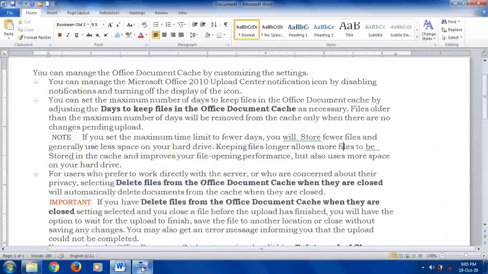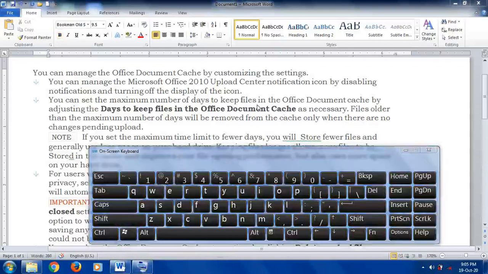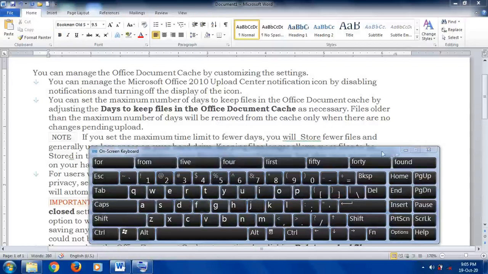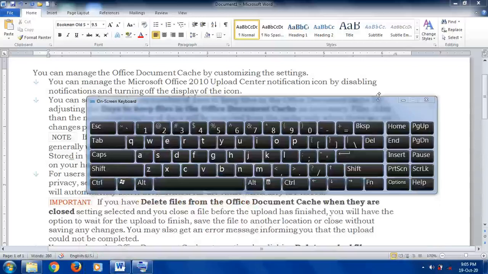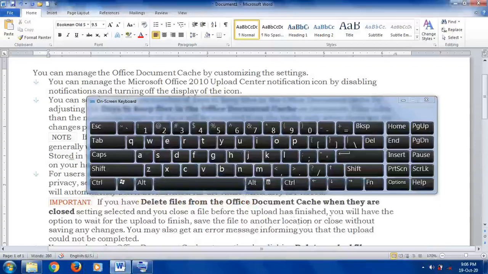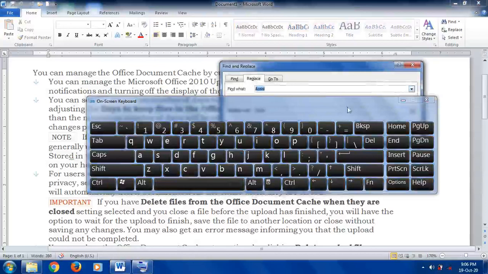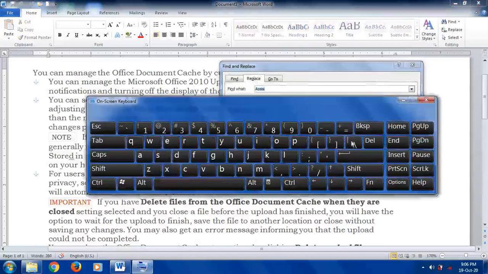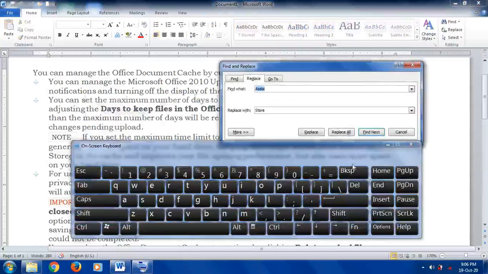Here you have not got that dialog box because I have not clicked in this window. So press Control F. Is it coming? No. Then press Control H, Control H to get the replace. It has to come. Okay, we have got. So find also comes when you press Control F.